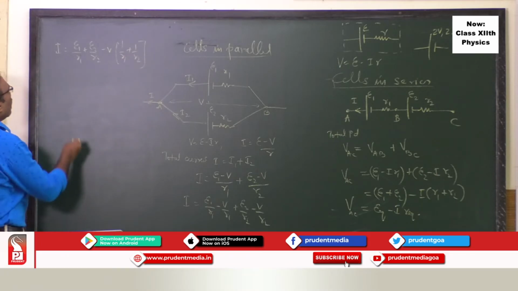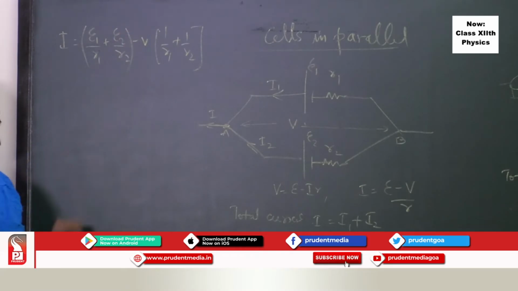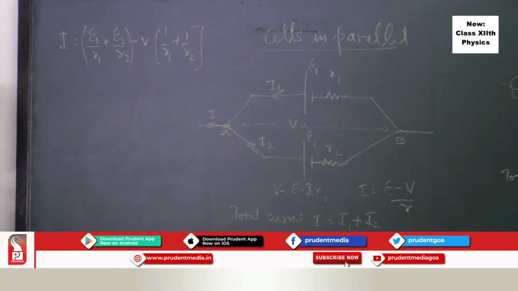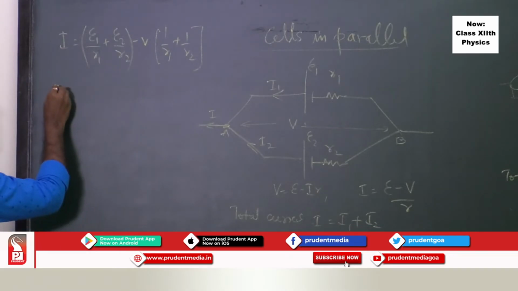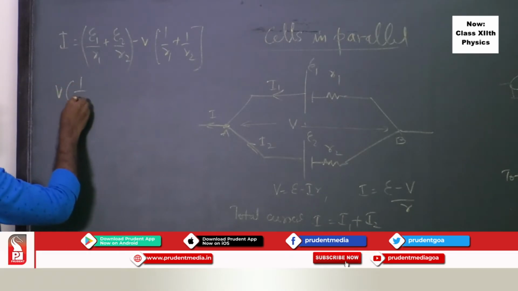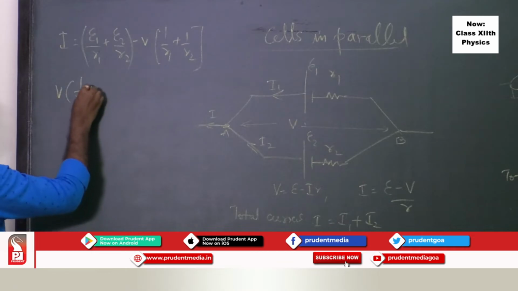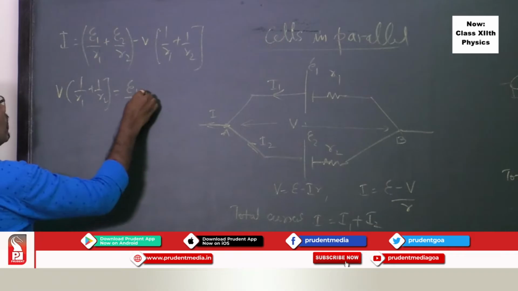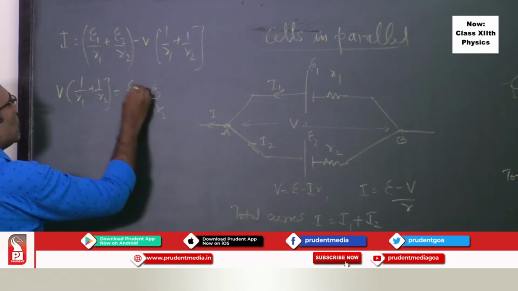Now, this is what we get. So, if you transfer V into (1 upon R1 plus 1 upon R2), we get E1 upon R1 plus E2 upon R2